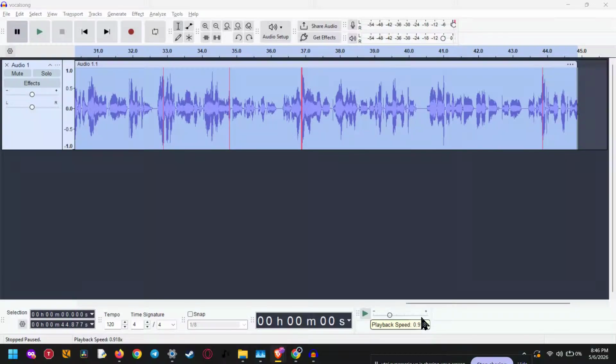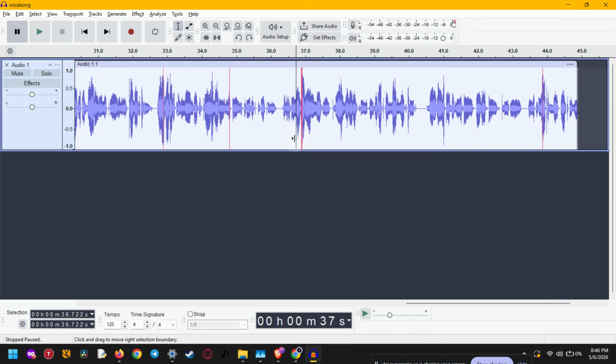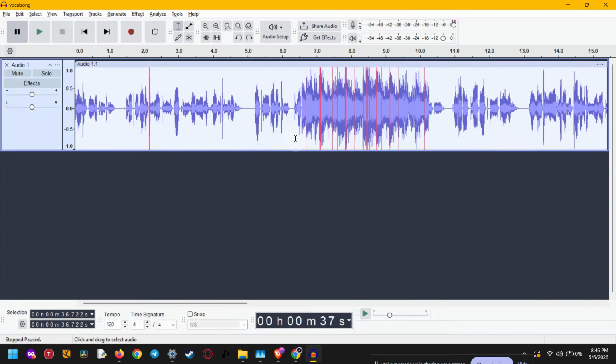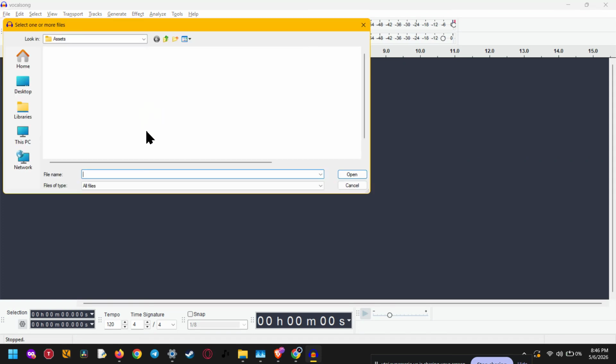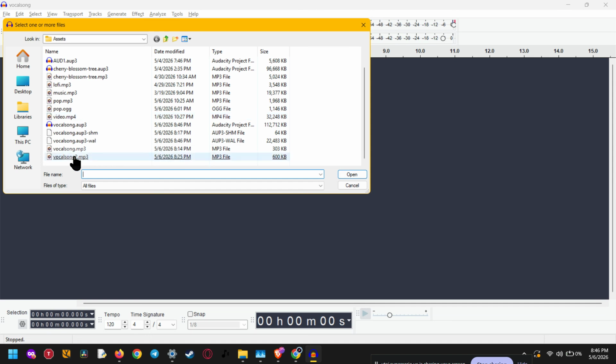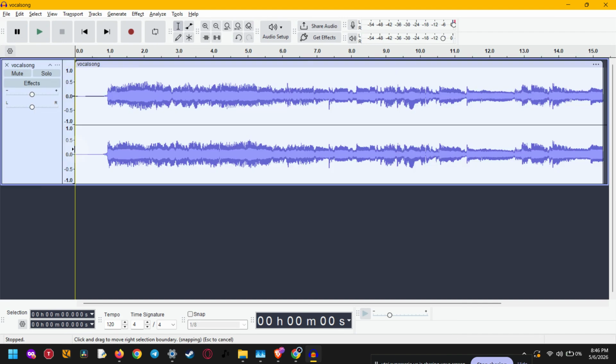If you want to make a deep voice in Audacity, the good news is that it is actually very easy once you know which effects to use. In this tutorial, I'm going to show you how to deepen your voice step by step, make it sound more natural, and avoid that muddy, muffled sound that can happen if you overdo it. This is perfect for voiceovers, gaming videos, character voices, podcasts, or any project where you want a richer and more